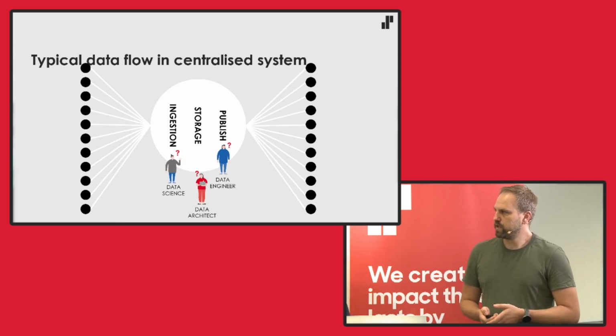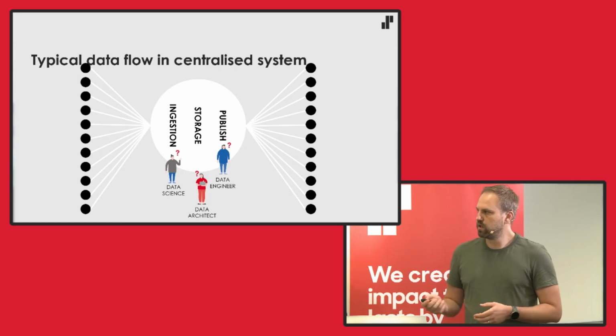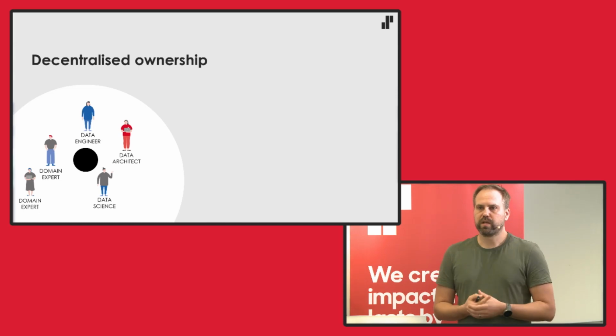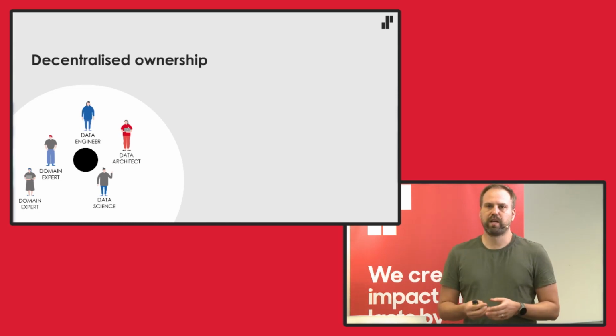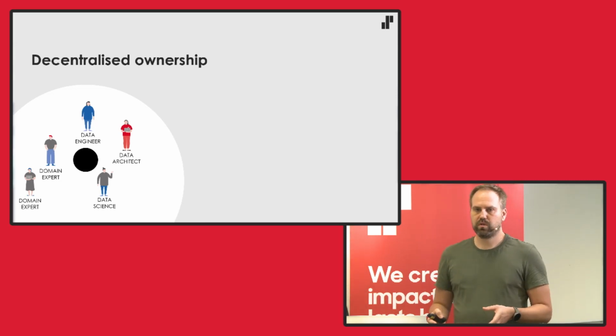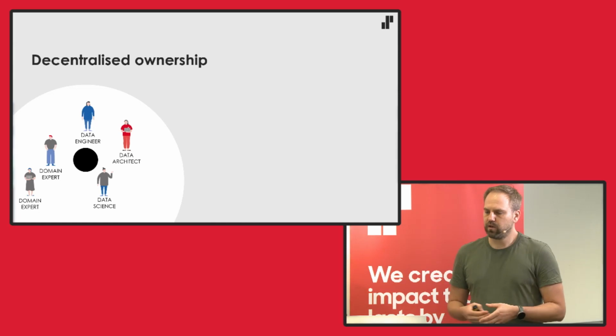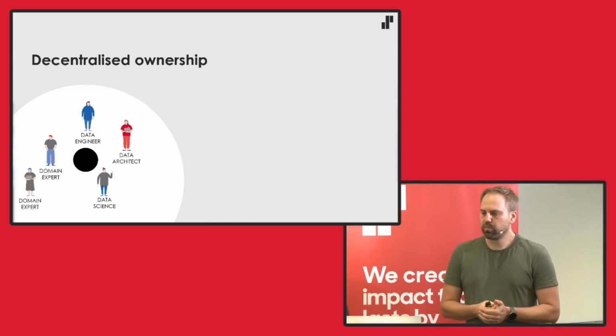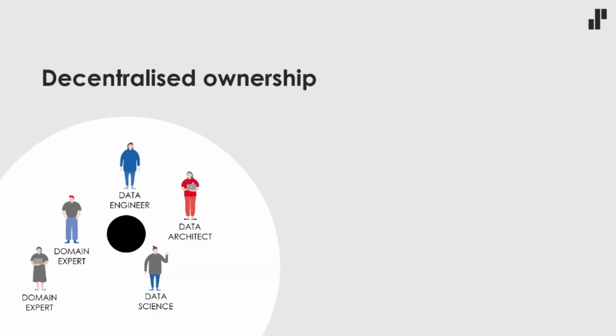One way to do it is to start breaking these into pieces. So we go to the first principle of data mesh, which is the decentralized domain ownership. Basically, it means that we take the source system or source systems that are close to the domain. And the concept of domain is actually coming from domain-driven design, which is a book by Eric Evans published in 2003. So it has quite a long history where this is coming from.